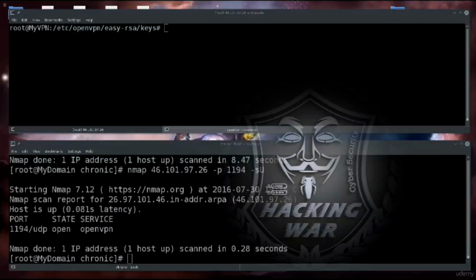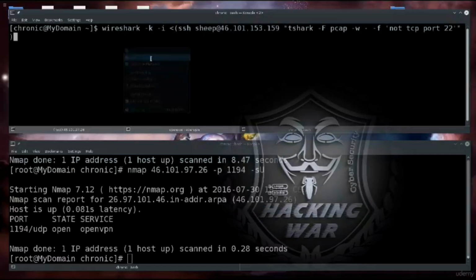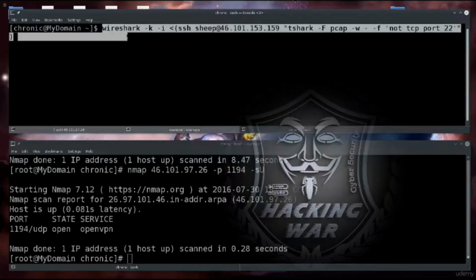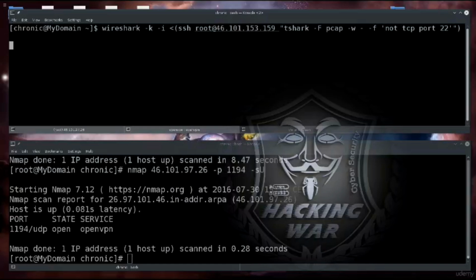Okay, so now that Dshark is installed on our server, let's go over to our host machine, our client machine, and you have this line of code which I have explained in great detail before and have elaborated on every single detail of it. Just going to do this as root. Even the old username remains there, sheep. So,